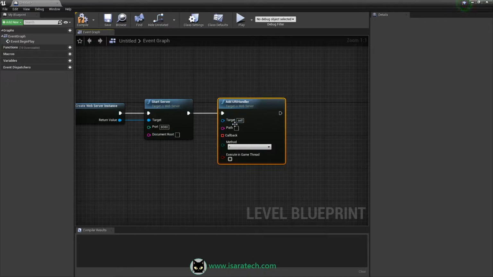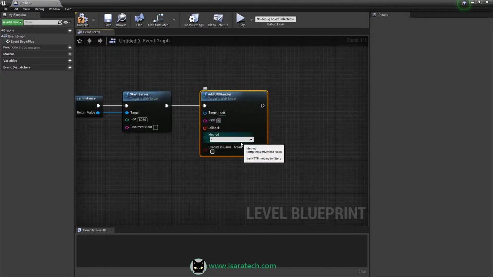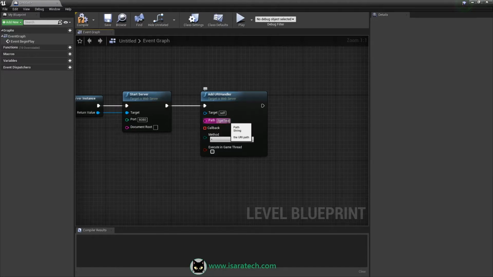For instance, if I want to handle the slash, which means the home of our application, I can specify the path with a single slash. If I want to handle slash get test, I can handle the get test